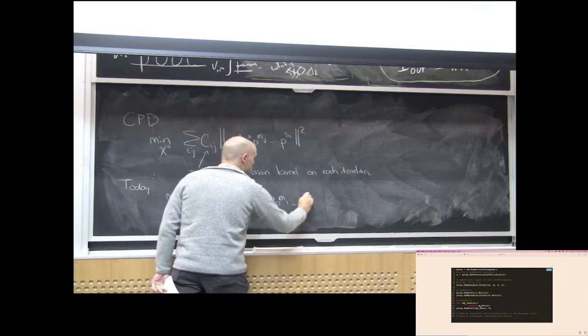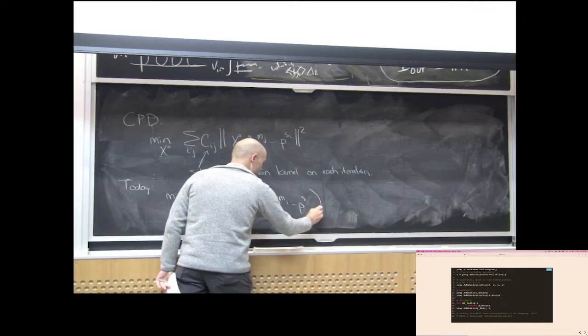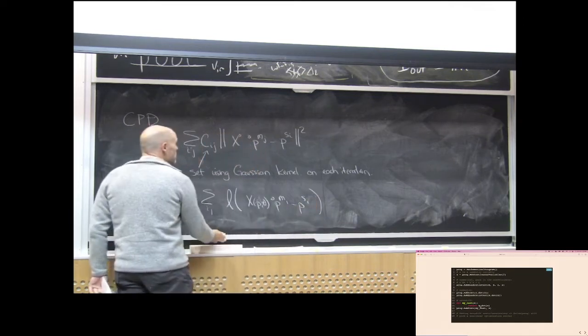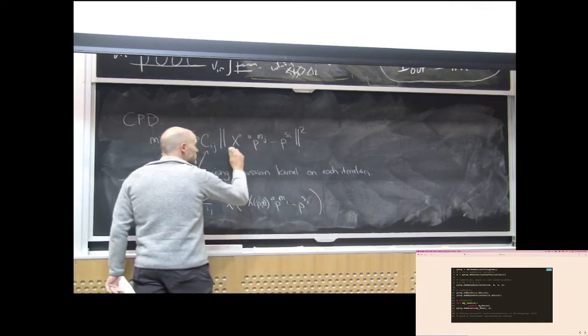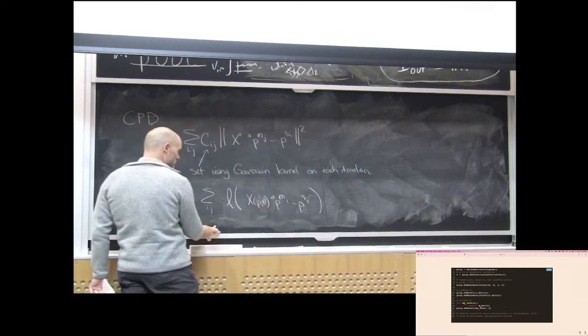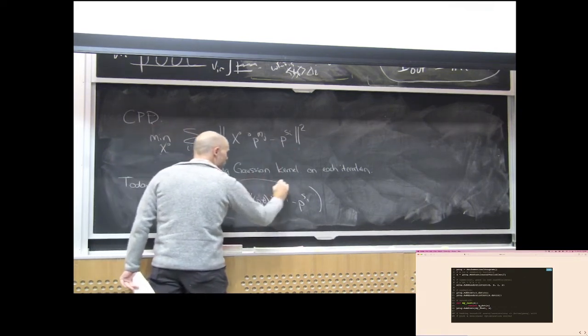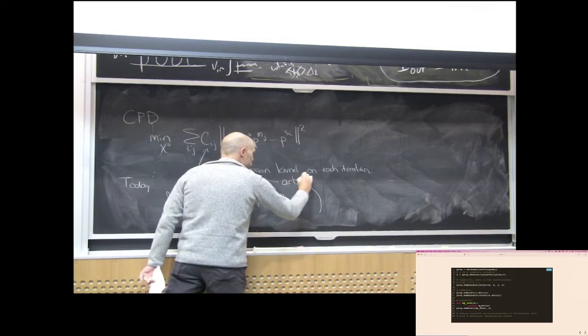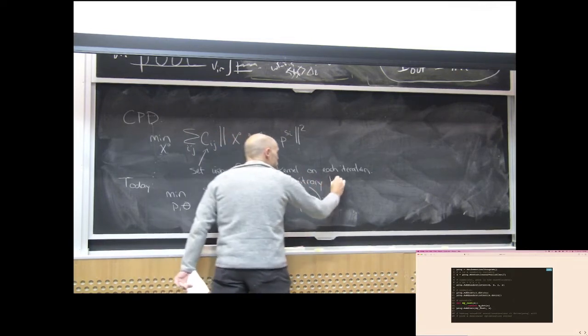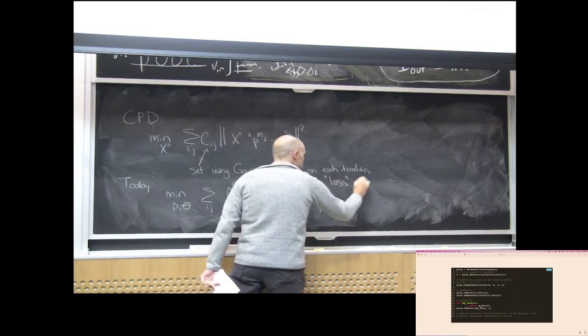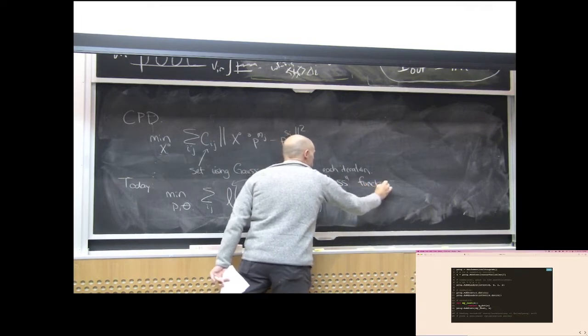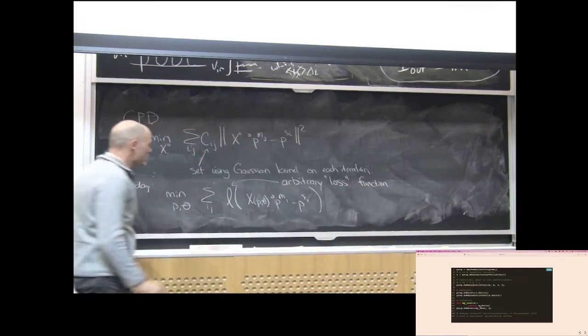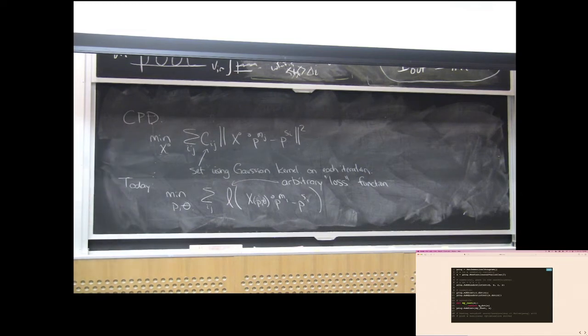Still, let's keep that structure. Okay, but I restricted myself to just quadratic functions before. Now I'm going to have an arbitrary loss function. The quadratic form is best for optimization, maybe, but the arbitrary loss function allows us to capture things like outliers